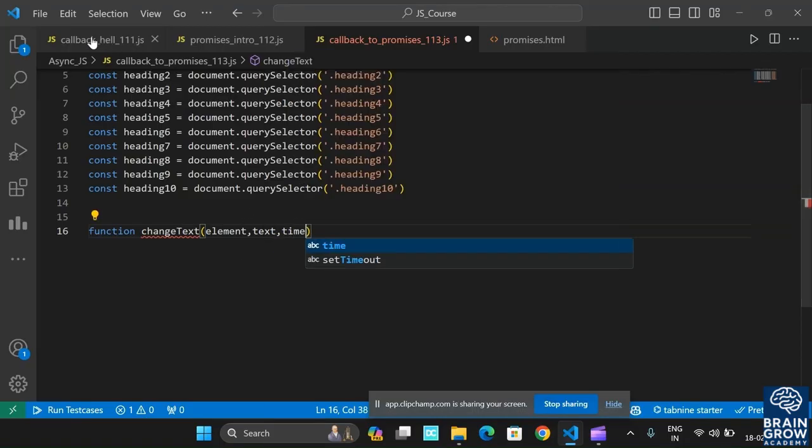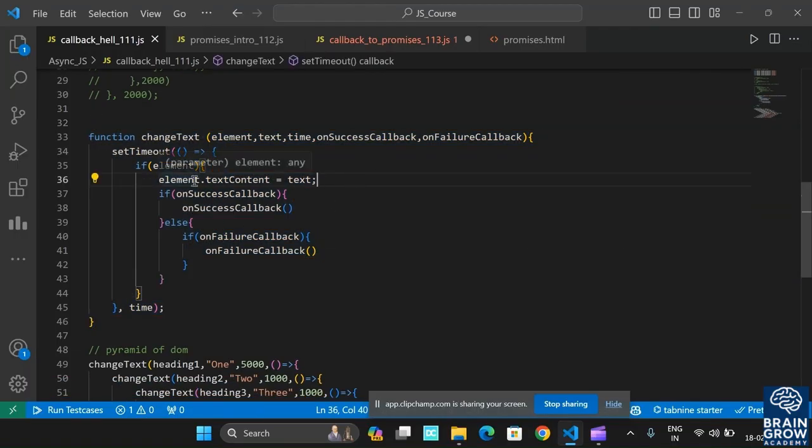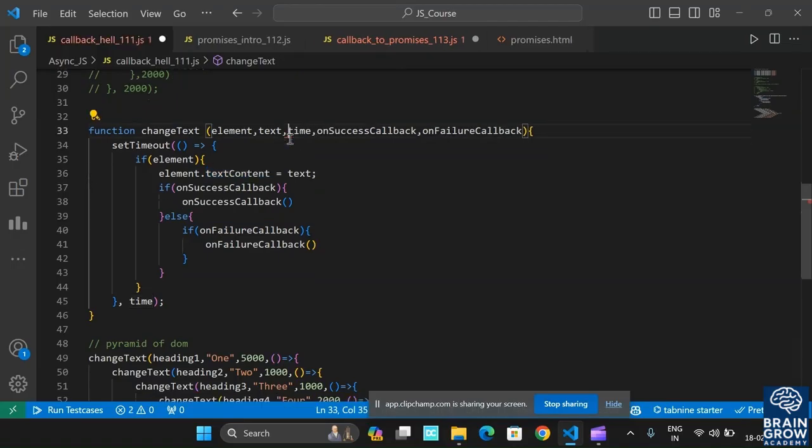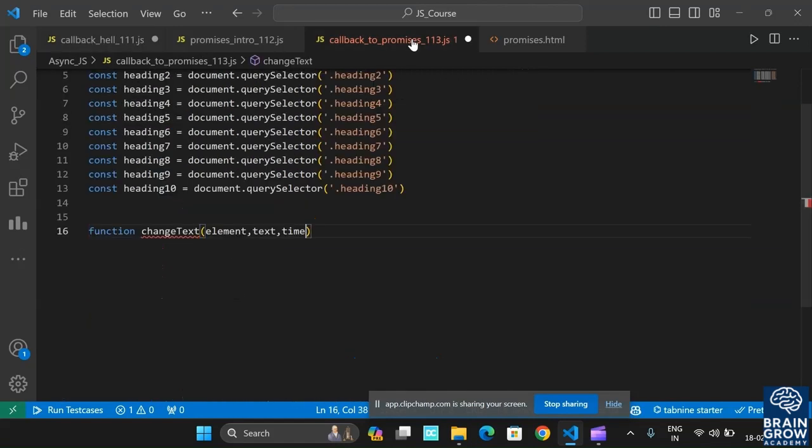If you want to add any style, let's say element.style.backgroundColor, so you can add any color, and you need to pass the color name. But here let's say add another parameter, color,